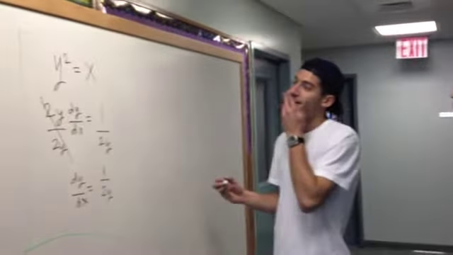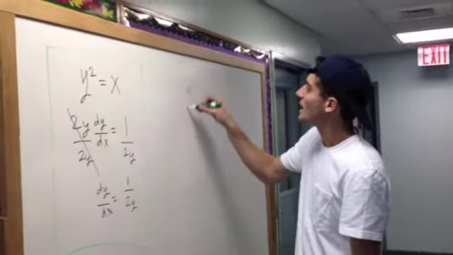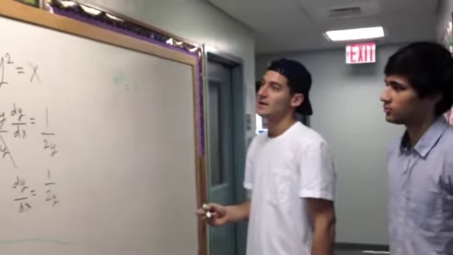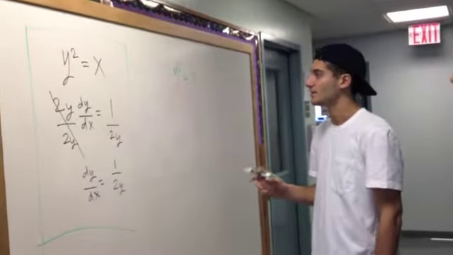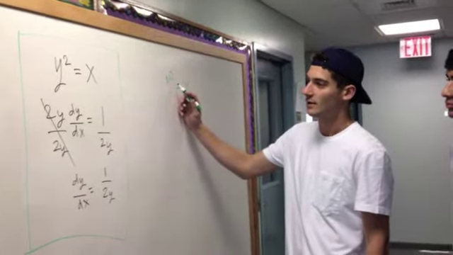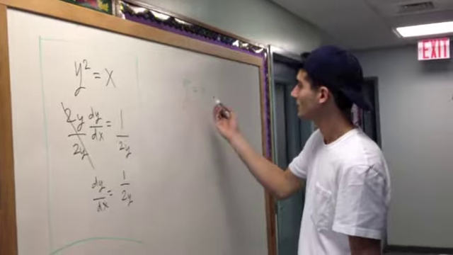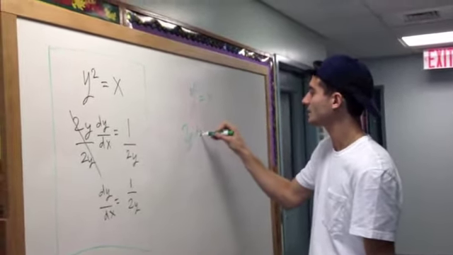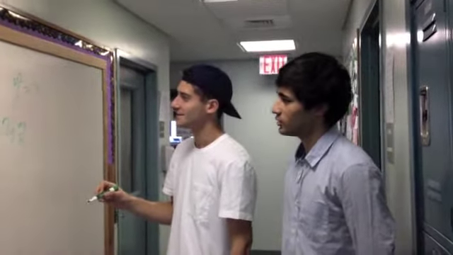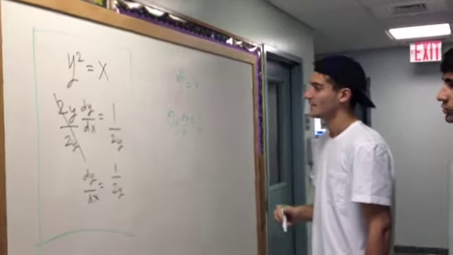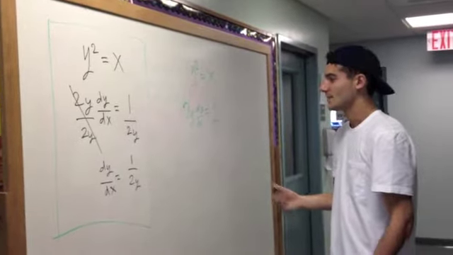So, I think what he's done here with the equation y squared equals x is the following. He's taken the derivative of both sides with respect to the variable x. So, to take the derivative of y squared, he's taken 2y times dy/dx. Right, because that's the derivative of y squared. I see. Yes, it is. And the derivative of x, as we all know, is, in fact, 1. Correct. And so, after that, it looks like